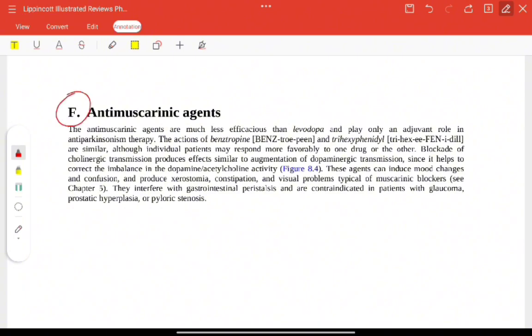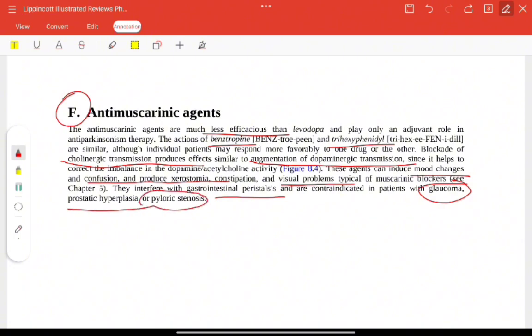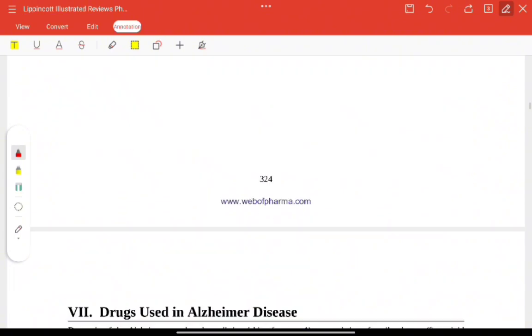Now antimuscarinic agents. These are less efficacious than levodopa, and they also play an adjuvant role in the therapy, so they are given in combination. They are benztropine and trihexyphenidyl. They block the cholinergic transmission and produce a similar effect to augmentation of dopaminergic transmission, and they adversely cause mood changes, confusion, xerostomia, constipation, visual problems because of muscarinic blockade. They will interfere with GI peristalsis and are contraindicated in glaucoma and prostatic hyperplasia. Now next,